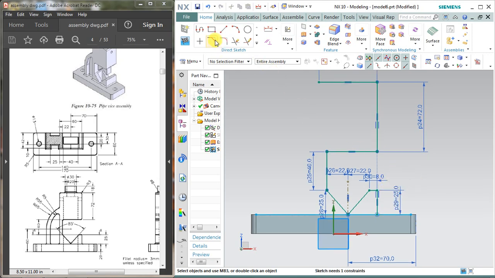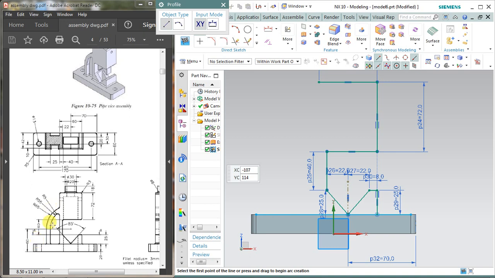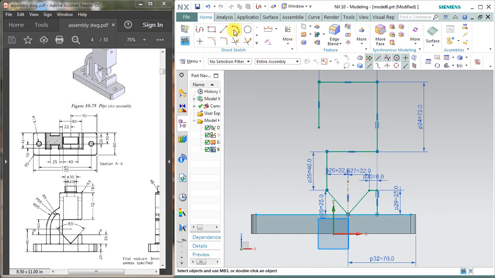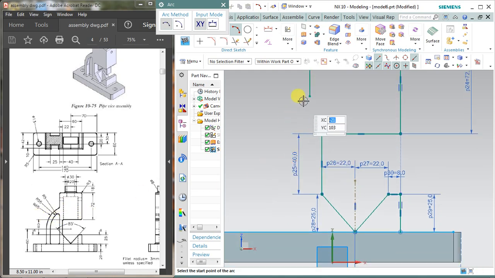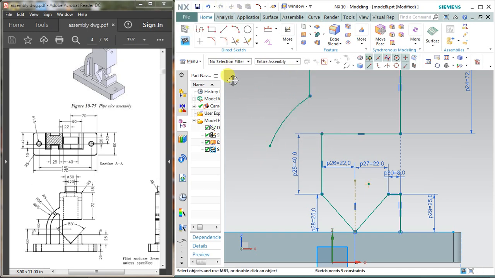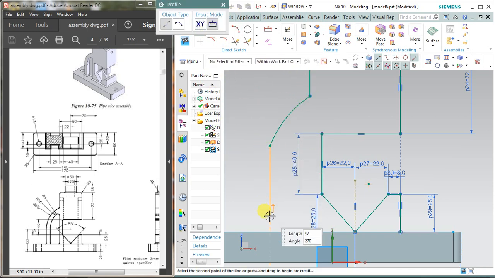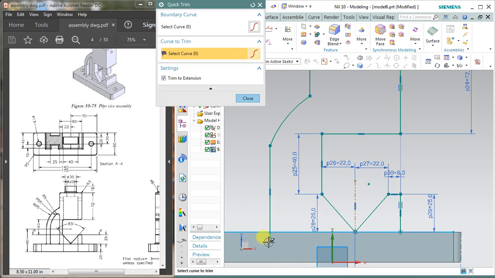Another thing I am going to make is this curvy portion, this handle-like portion. Let's draw a line and select arc. If you want to make this arc, select arc. This arc is not tangent from the upside, but it is tangent from the bottom side. So for this, draw again a line, and trim the excessive portion.